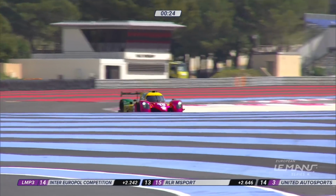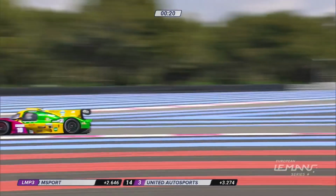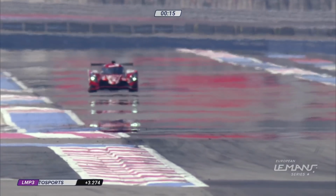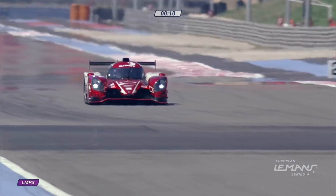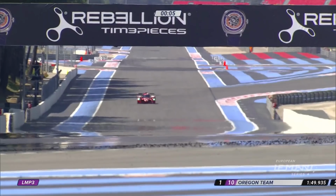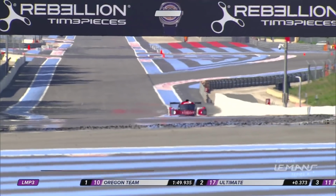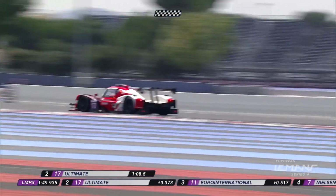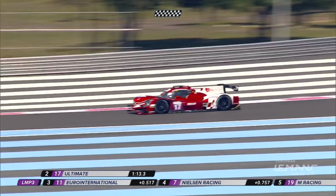Mathieu Lehay improves again through the first sector. Mikkel Jensen is surely about to finish this lap. Car number 11, yes, he's due in the next 5 seconds. So Mikkel Jensen in car number 11 for Euro International does not improve. It's an improvement in time, but he can't get onto the front row. Wow, Mathieu Lehay though is storming along and has a clear track in front of him. So Fioravanti is on course here for Oregon team's first ever pole position in LMP3. Amazing stuff, and with a young 16-year-old debutant to come in that car. We'll talk about him